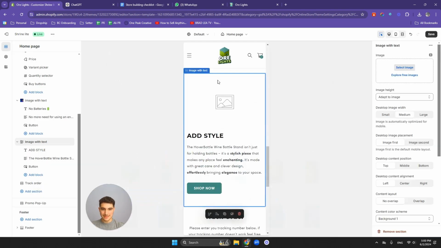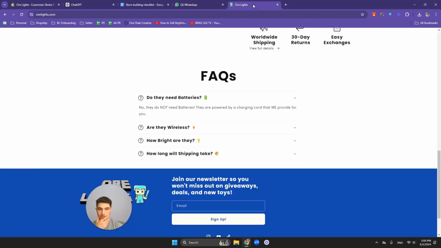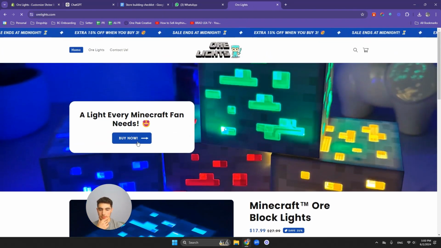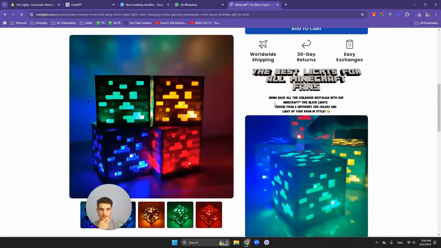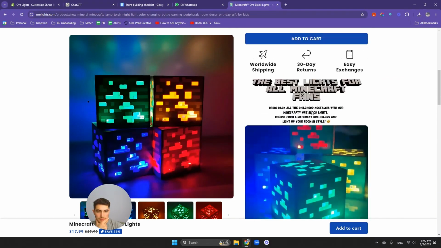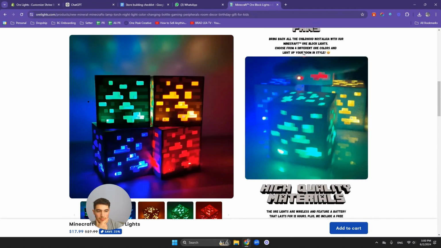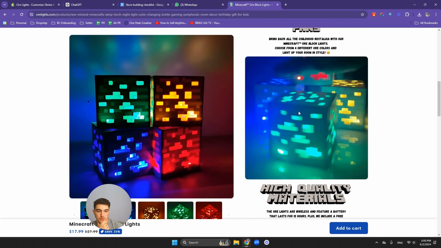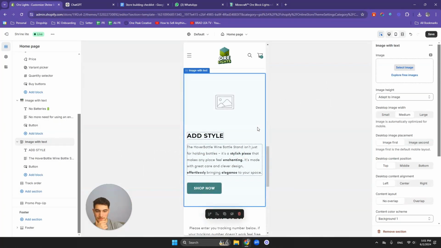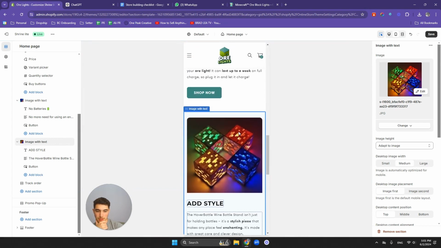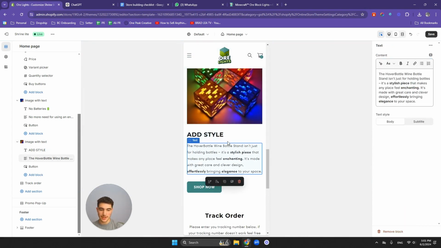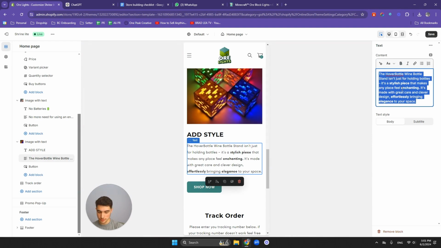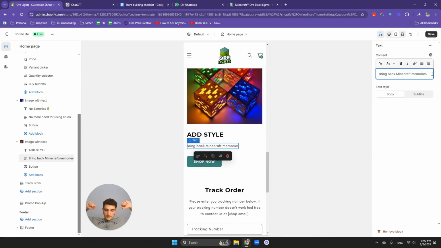So this one, let's think about what we can actually do. So let's go to our competitor and see what they've done. So he wrote here, you see, bring back your childhood nostalgia. Choose from 4 different ore colors. So let's take this picture. That's the very good picture that we like. Let's go ahead and edit the text first. So bring back